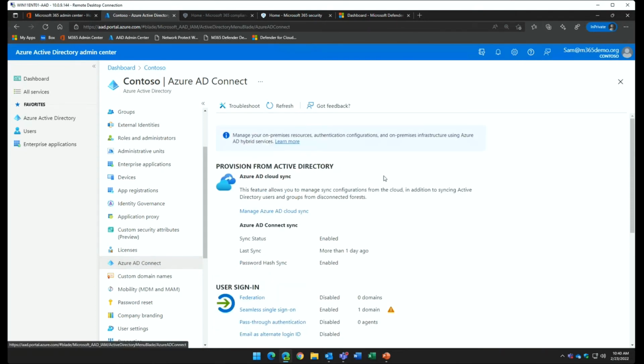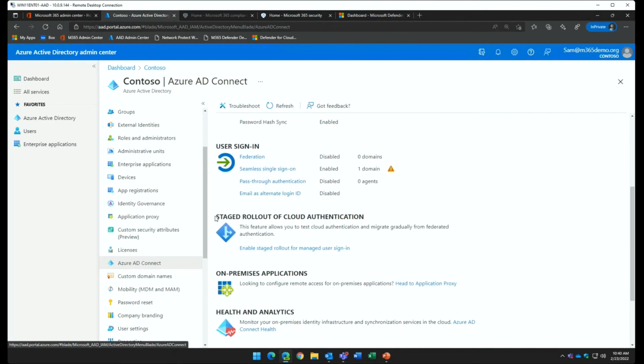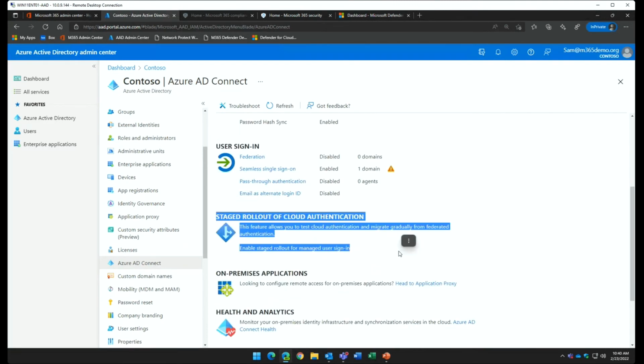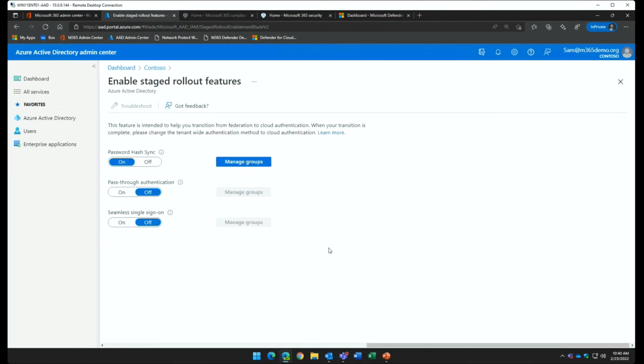Within this, you can see your AAD Connect settings, but there's something called staged rollout. So if you're hesitant about moving from ADFS to password hash sync, staged rollout gives you an exception process to bypass for a subset of users. So you can go grab a group of users, say, hey, we want you to have the password hash sync experience with single sign-on, but we're not ready to cut over the entire domain.